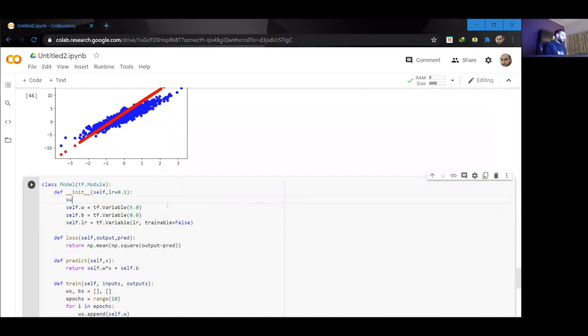So I'm going to say super().__init__, and this takes another argument called name. If I wanted to name my layer, I can pass whatever name I like through to my tf.Module.